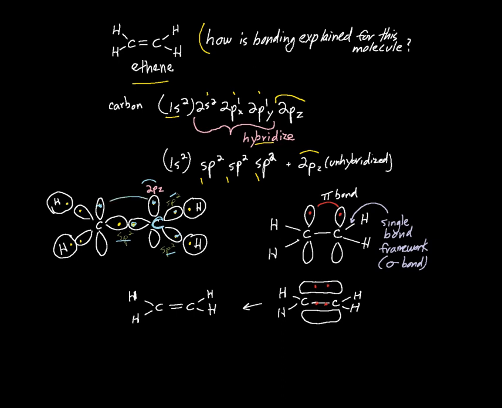These will end up overlapping. They're closer than they appear in the picture here. They overlap to form a pi, what we call a pi bond. So what we end up as an orbital and bonding picture of ethene is 3 single bonds from each carbon. These are the 3 sp2 hybrid orbitals, shared pairs of electrons in each, and the pi bond,